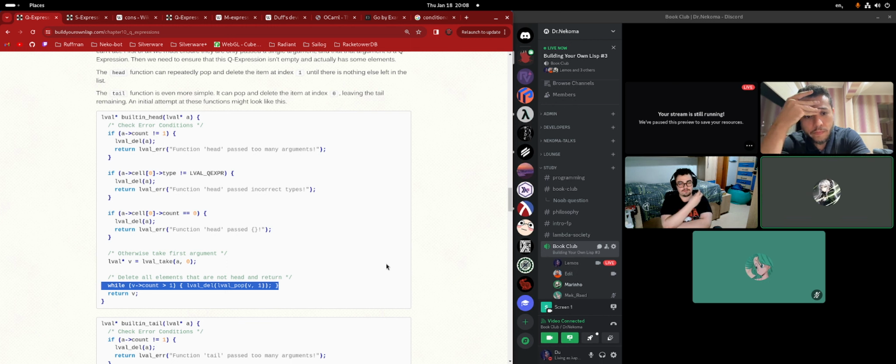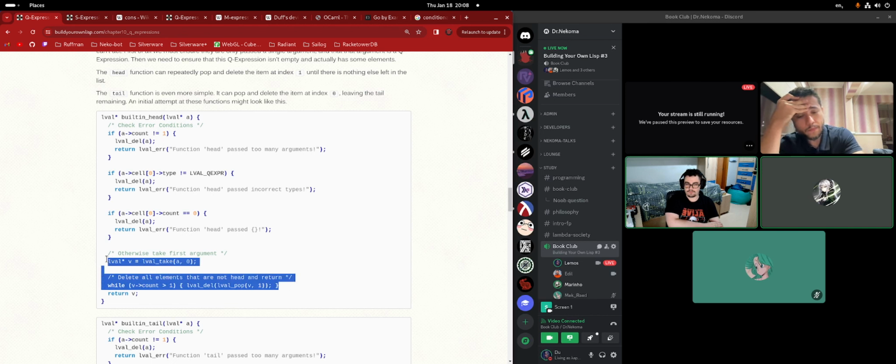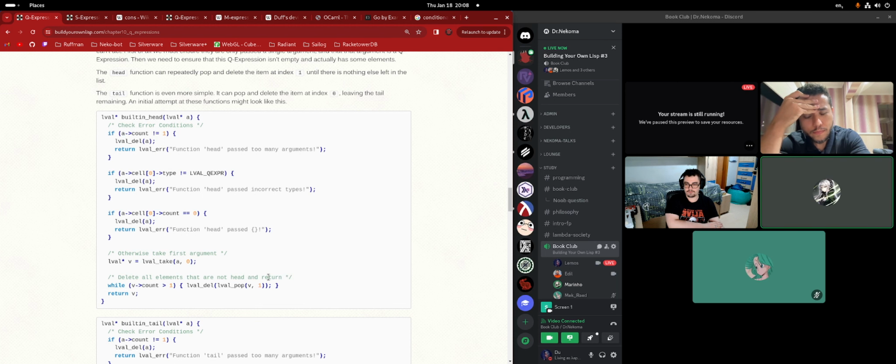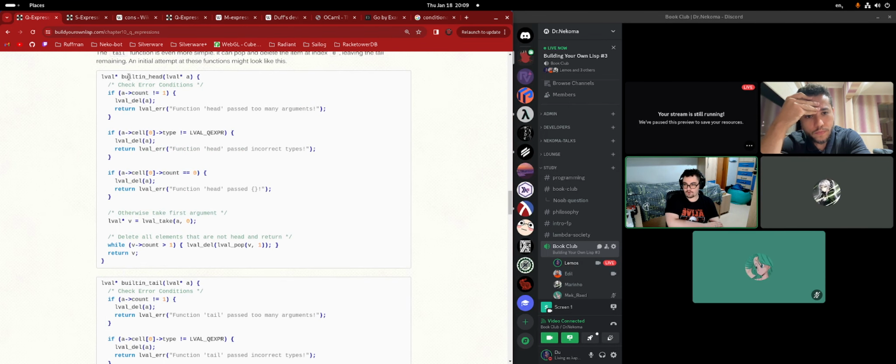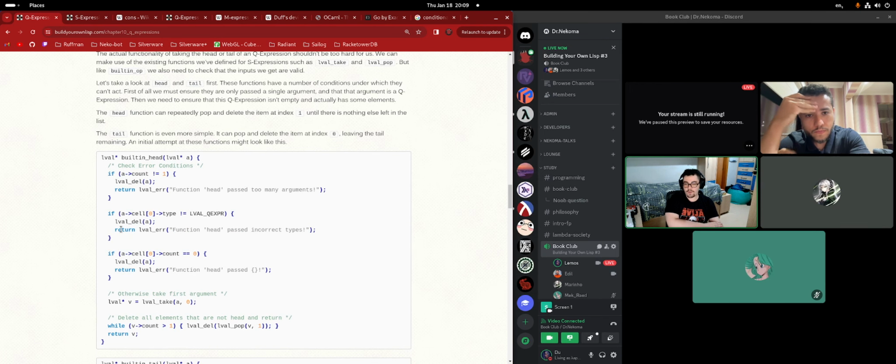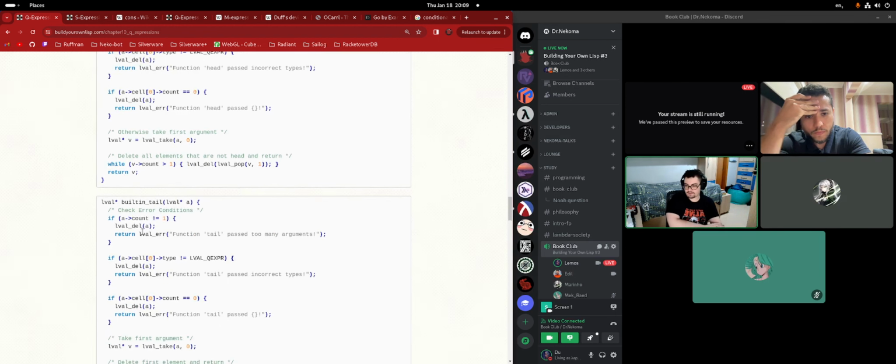Because the first element of the list that you called head on, the S-expression of the Q-expression, may itself be a Q-expression. I don't know why it's doing this in particular. For me, this seems like a case of doubling up on the unwrapping, which is wrong, but anyway, I think that's not really important for the overall functionality. What matters is that you're picking a Q-expression and picking the first. That's what we want. And you're going to see examples of that down the line, so it's fine.